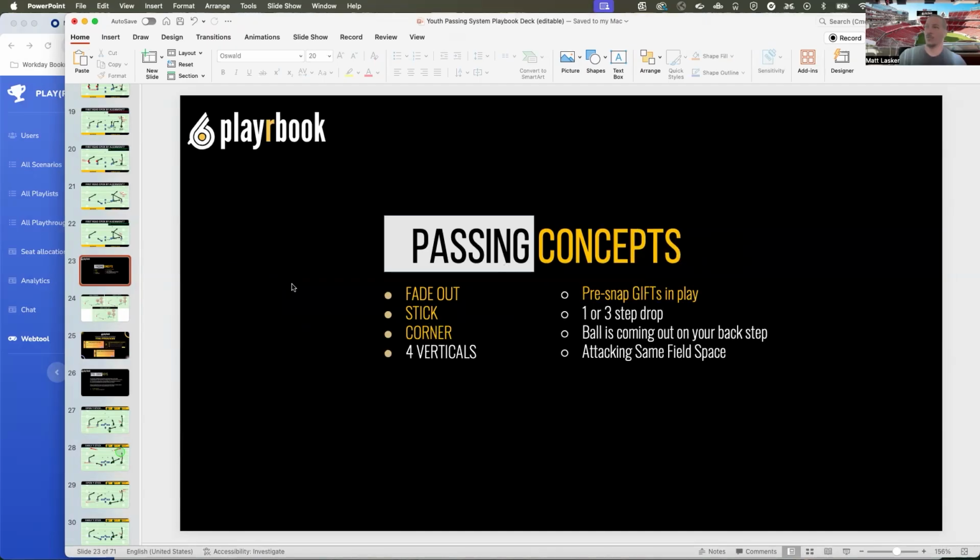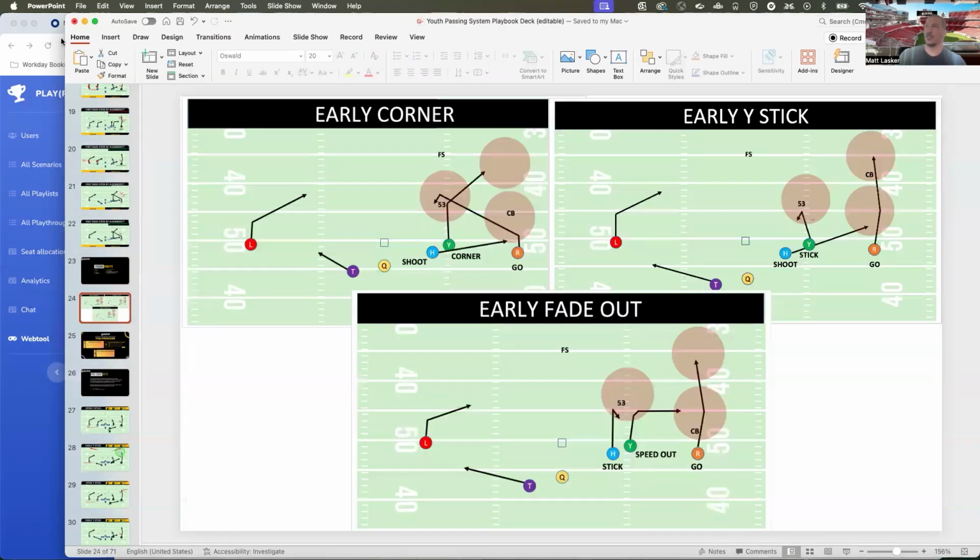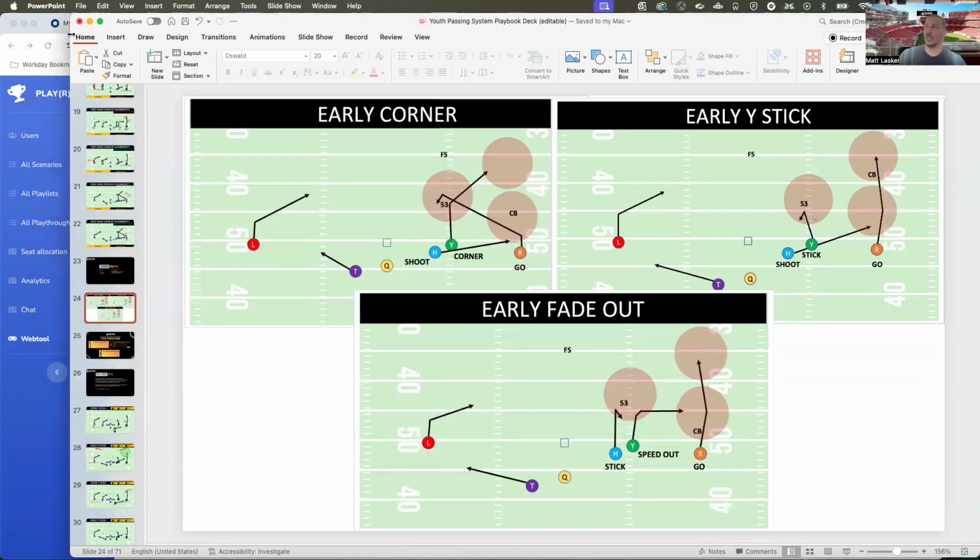But these core three plays that I'm putting on your screen right now, I just want to always talk about why we have them, okay? Because it is so important for you to understand and efficiently go through your reads as our quarterbacks. So corner, stick, and fade out. Again, just big picture, we are always attacking these three places on the field,